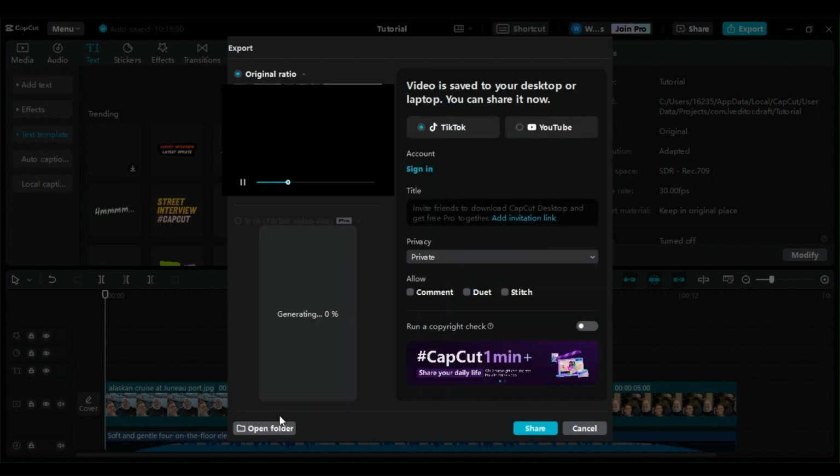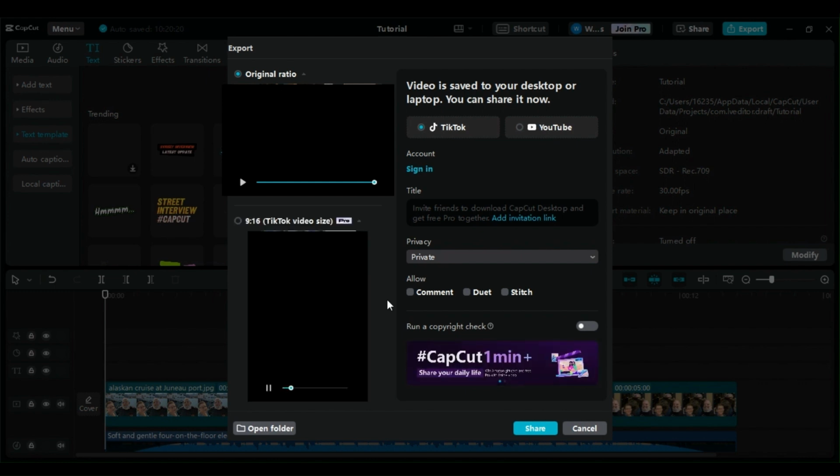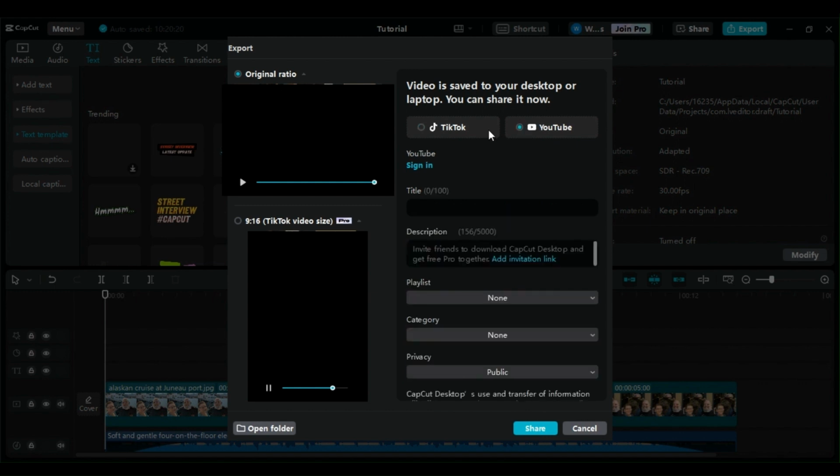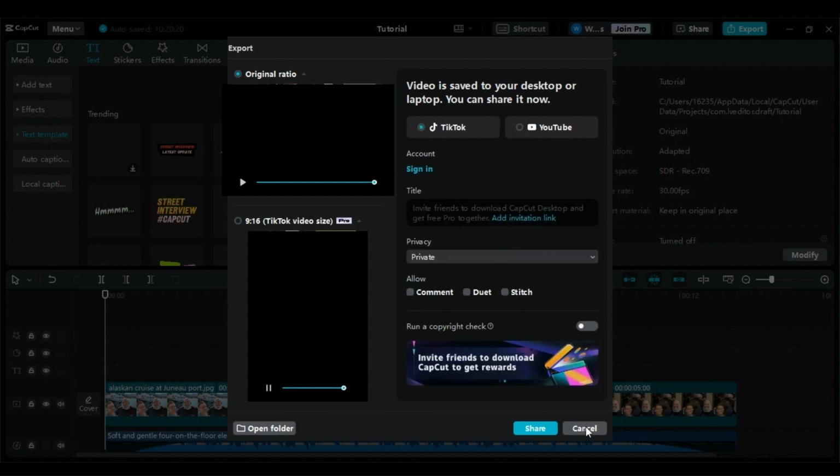and it will put your video together. When it shows up down here, this is for TikTok. If you want to automatically share it to TikTok, it looks like they got TikTok and YouTube. I don't know how long it actually takes, but once this shows up down here, I think that it's good. So I can either share it to TikTok or YouTube, whichever I want to do,